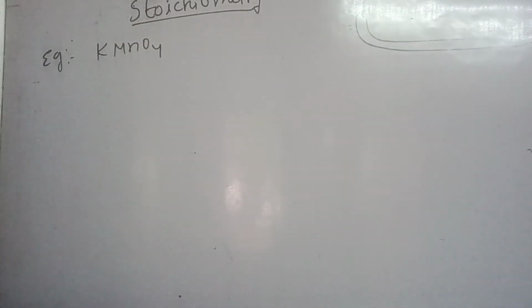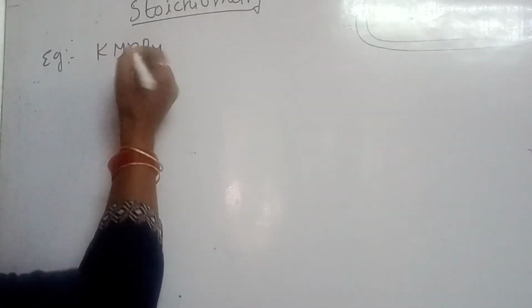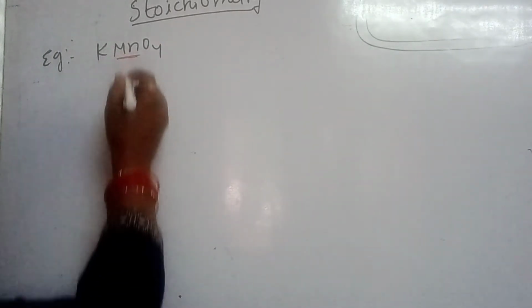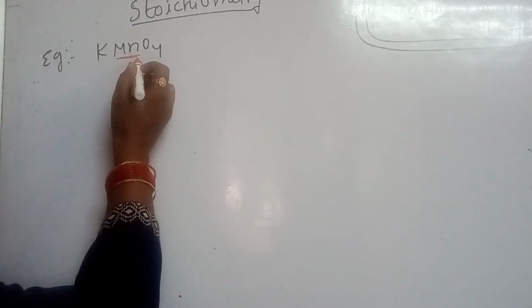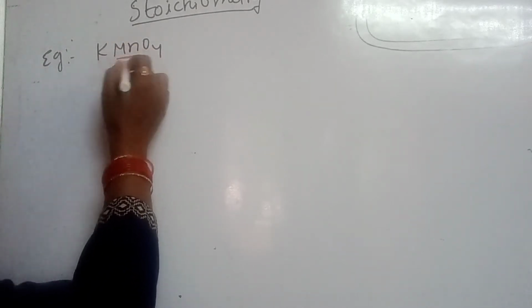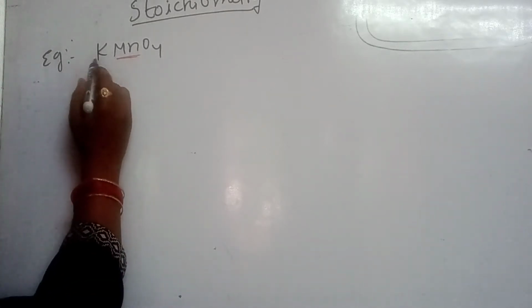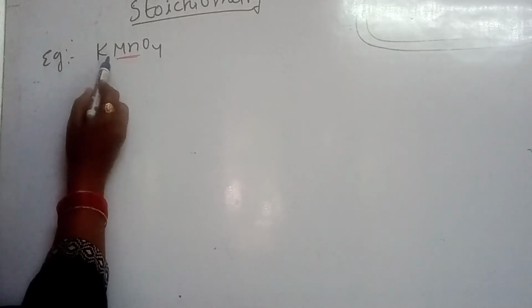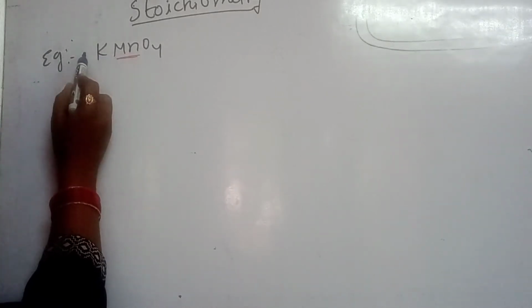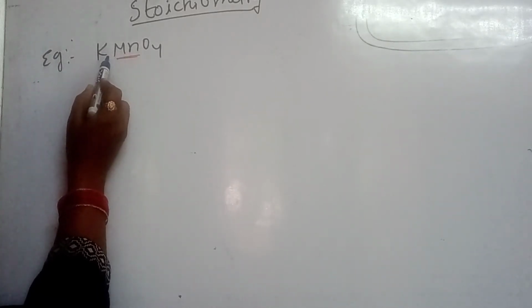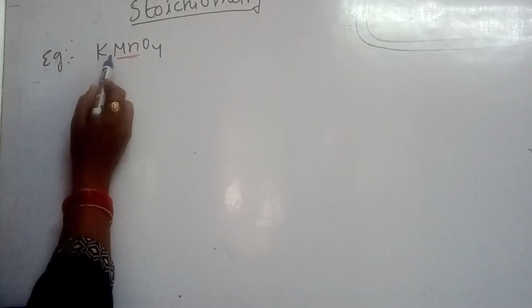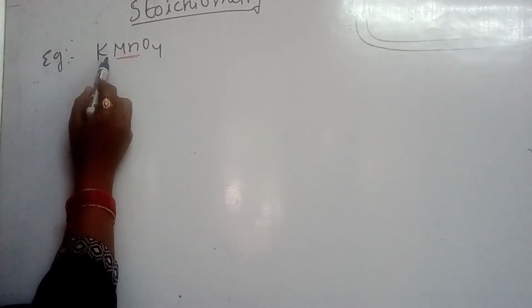Okay, to calculate the oxidation state of manganese in the given compound, we have to calculate the oxidation state of manganese. How? For this procedure, how many potassiums are present? The number after the symbol indicates the number of atoms in the given compound. Here it is 1, isn't it?